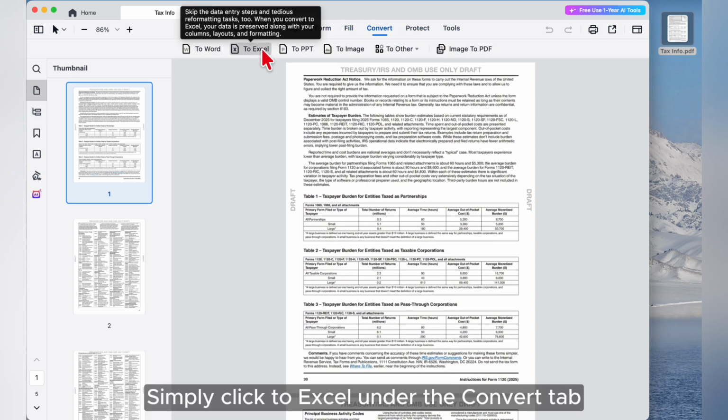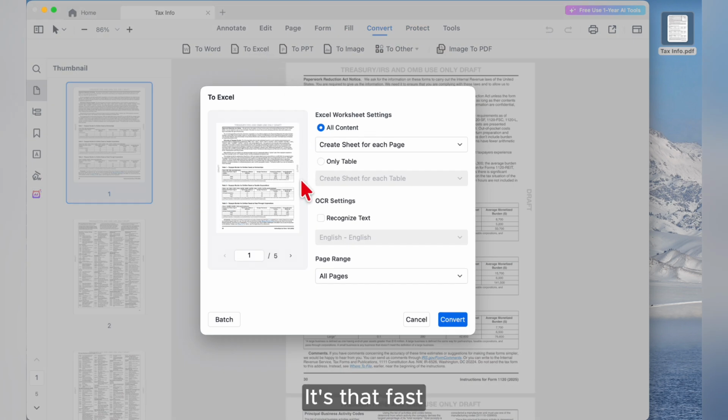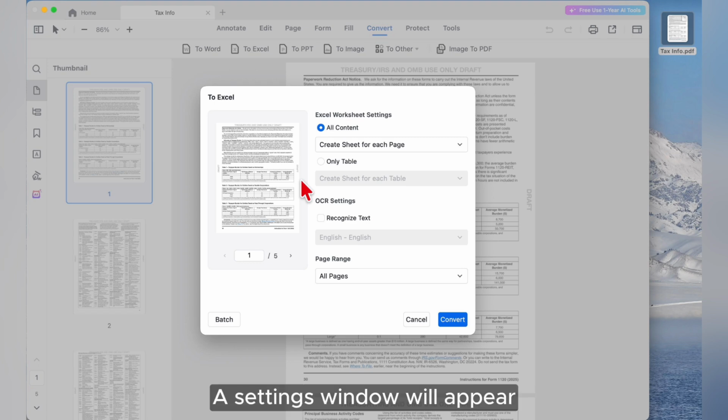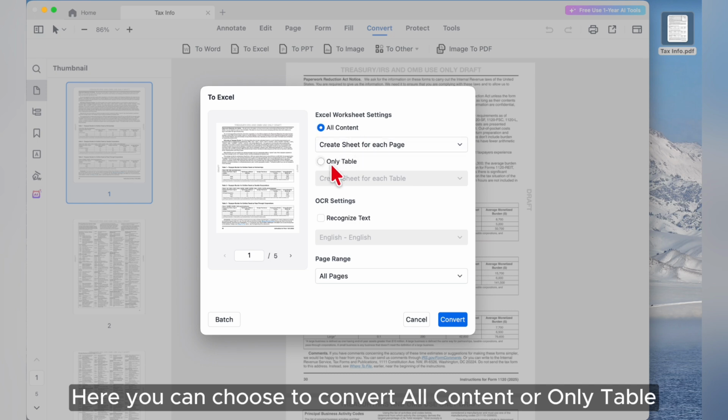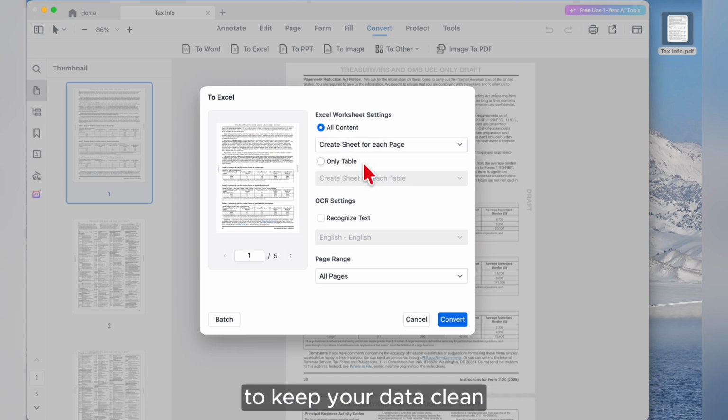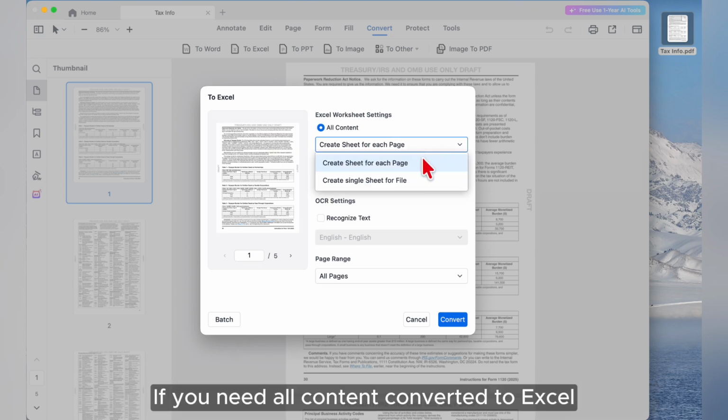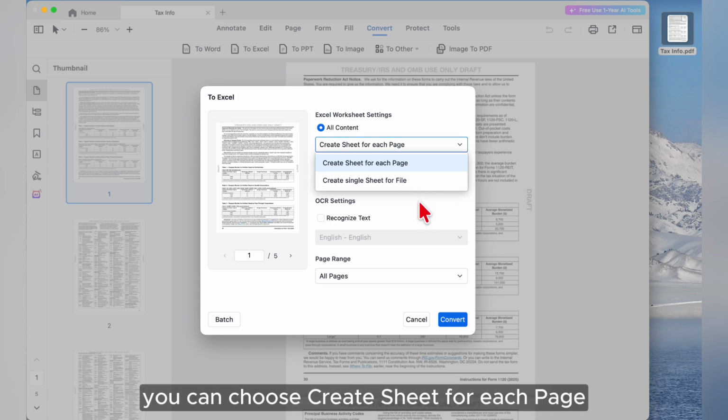Simply click to Excel under the Convert tab. It's that fast. A settings window will appear. Here, you can choose to convert all content or only table to keep your data clean. If you need all content converted to Excel, you can choose Create Sheet for each page or Create Single Sheet